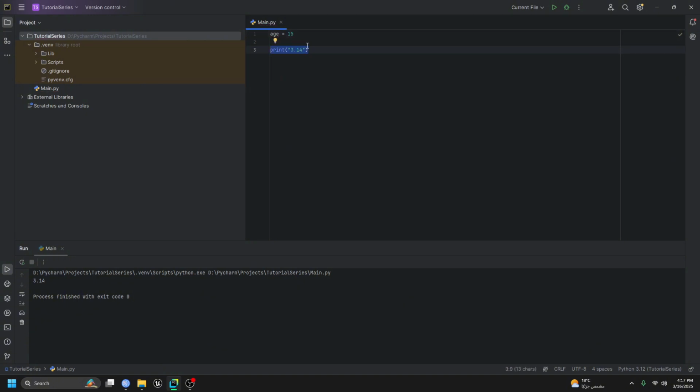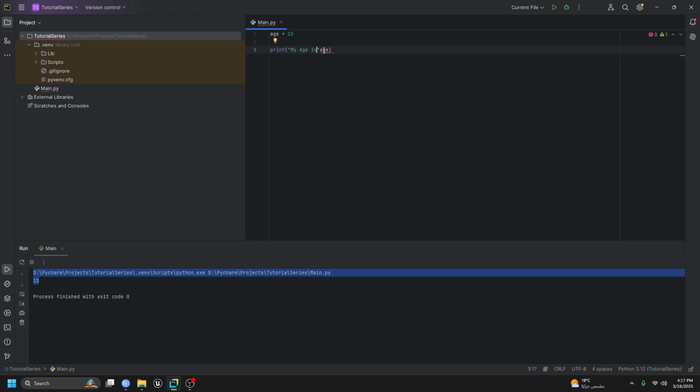In your print function, you can print the age by just calling age, and it will print 15. Now I want to say my age is 15. We can put some quotation marks before age and say my age is, and then